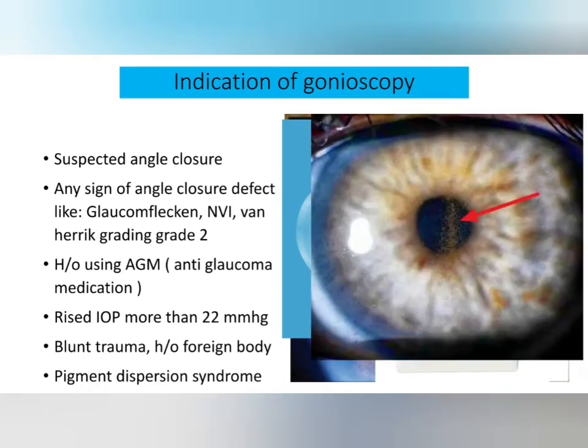Okay, and pigment dispersion syndrome. Pigment dispersion syndrome is a condition where the pigment of the iris gets detached from the iris and flows freely in the aqueous humor, and ultimately it blocks the drainage channel of the angle, so that the aqueous humor cannot pass through the trabecular meshwork and it elevates the IOP. If this condition continues for a long run, it can lead to damage to the optic nerve, and that is called pigmentary glaucoma. And here you can see that this specific appearance is known as a Krukenberg spindle.